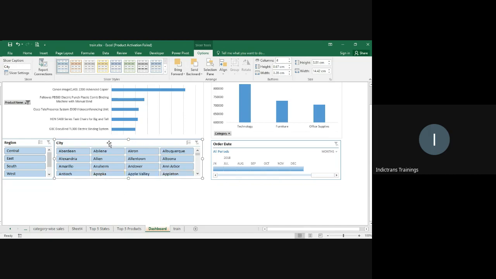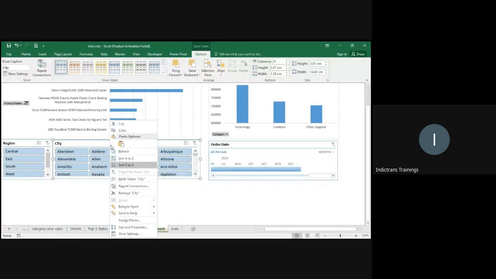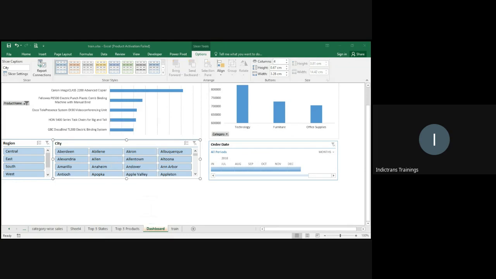Now, once I select, I right click on it, and there is this particular option called Report Connections. Again, report is not a verb, it's a noun. So it's basically showing connections to a report. So a pivot table is called a report. I mean, it's the old terminology of Excel. So that is also showing connections to the pivot table. This is what it really means. So it is a little misleading. People ask what a report connection is, but it basically says all the connections with the pivot table and